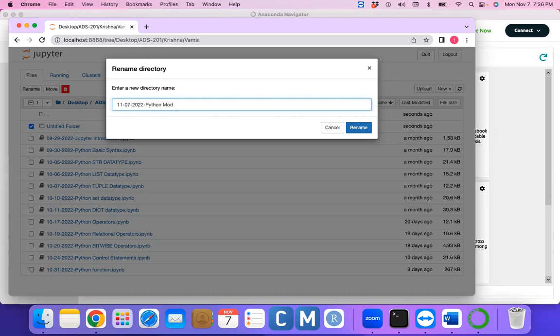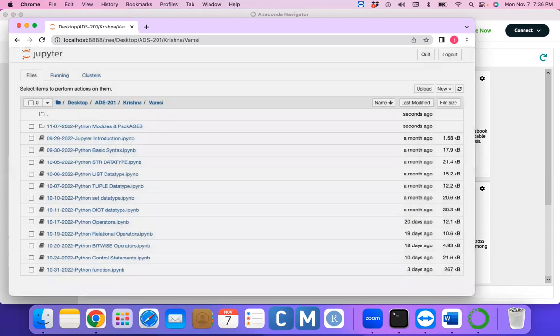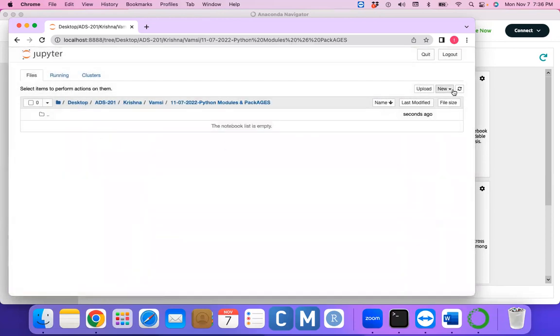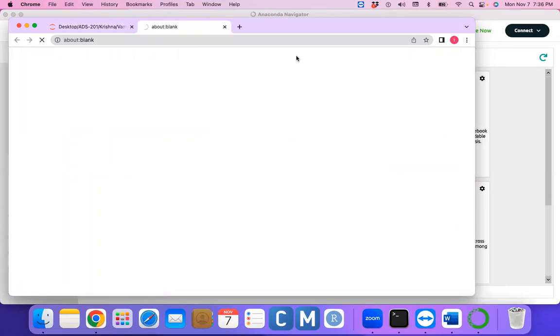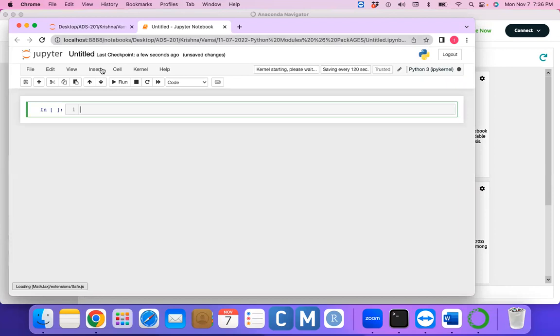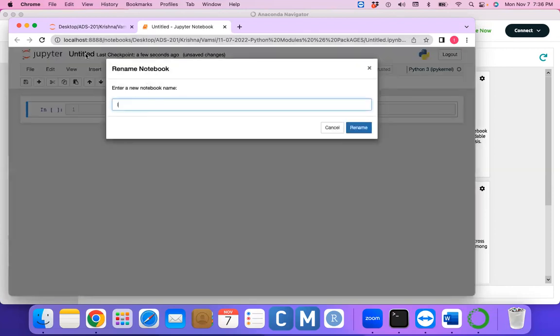Python modules and packages. So coming to this particular topic, modules and packages, introduction.